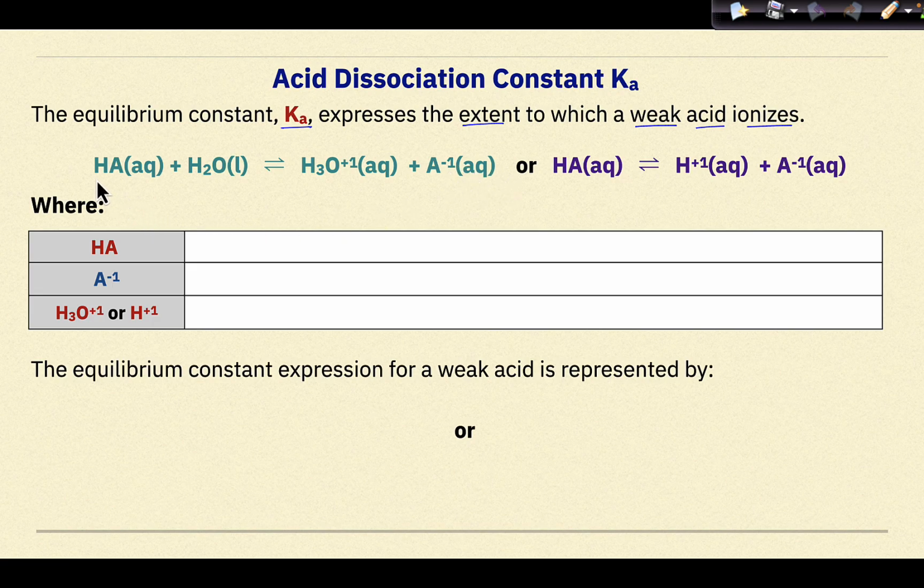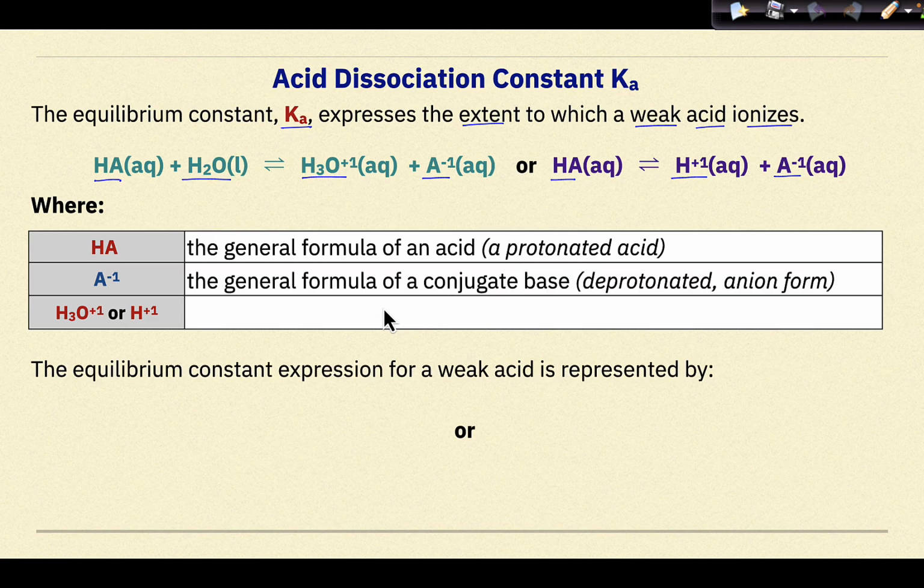The first is HA reacting with water to produce the hydronium ion and the conjugate base, or HA producing hydrogen ions and the conjugate base, where HA is the general formula of a protonated acid, meaning that it contains a hydrogen ion, A-1 is the general formula of the conjugate base, a deprotonated anion form, and the hydronium or